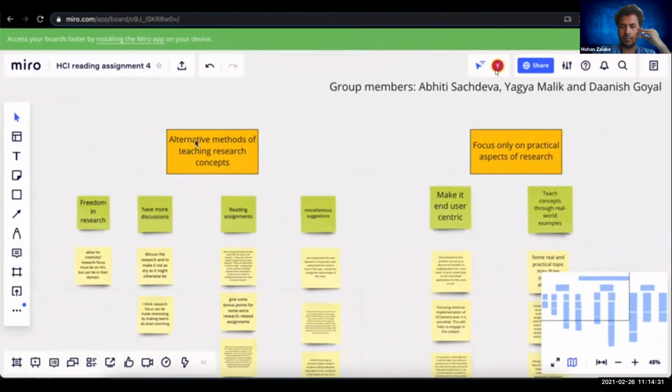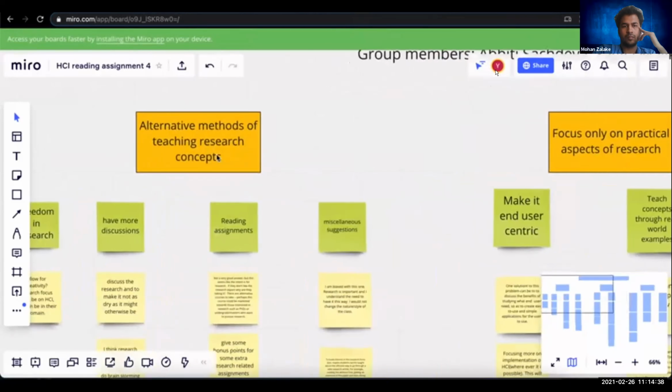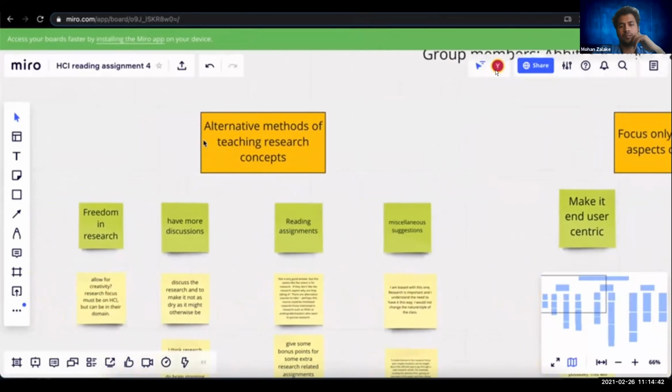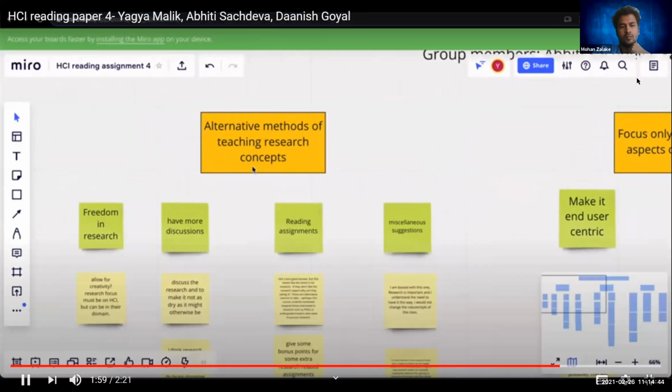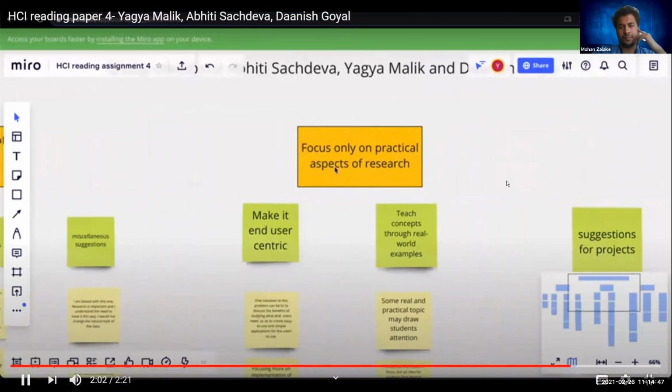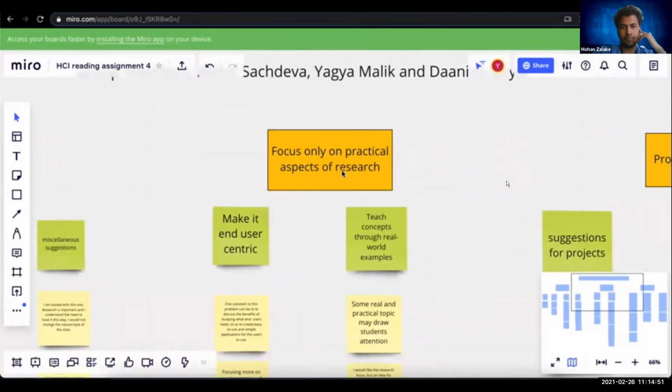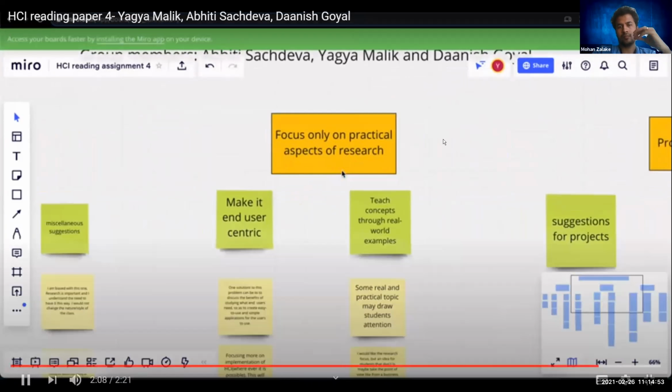So, the actionable item for this major theme would be the professor could teach the research or the concepts in different ways than conventional ways. For this major theme, the action would be focusing on real world